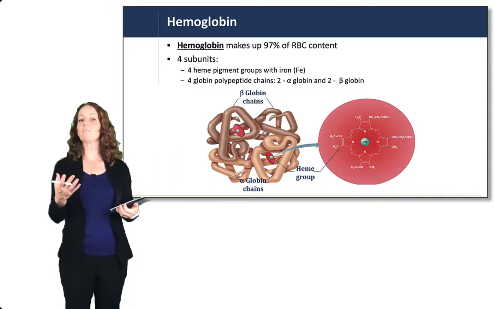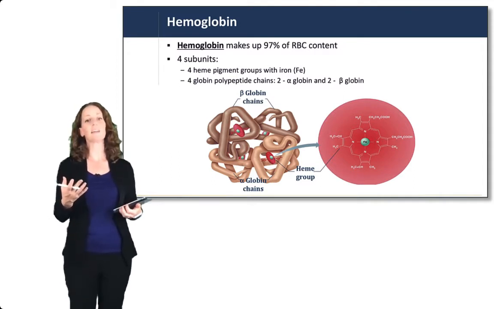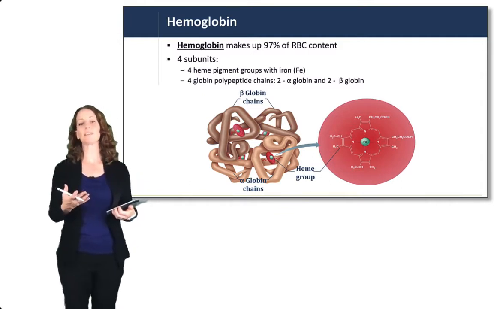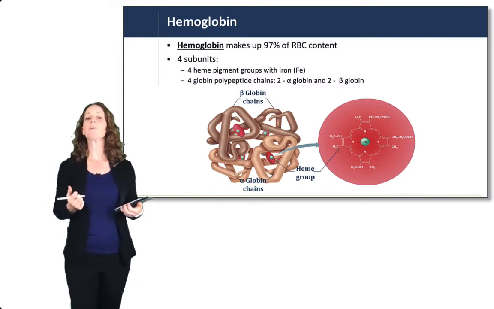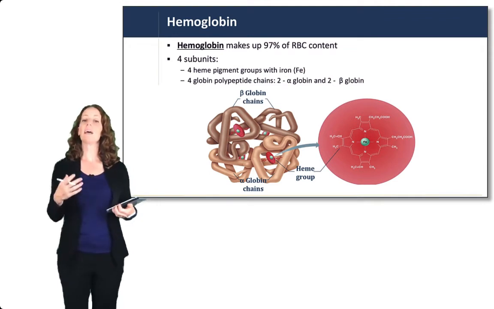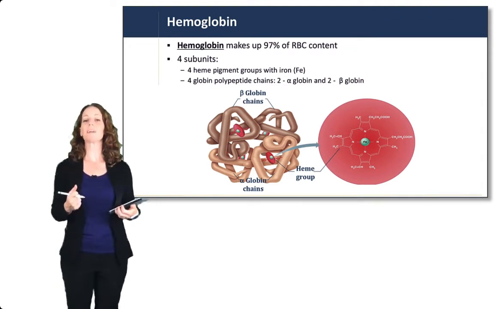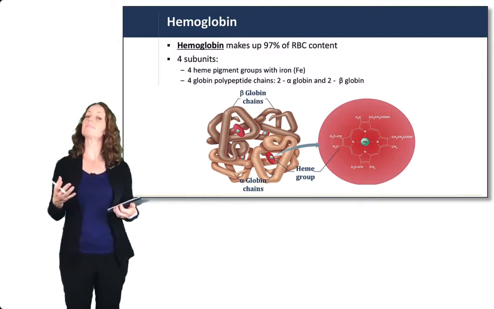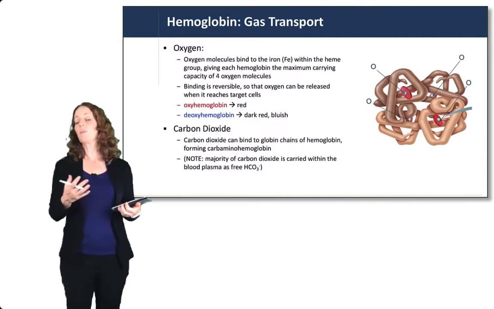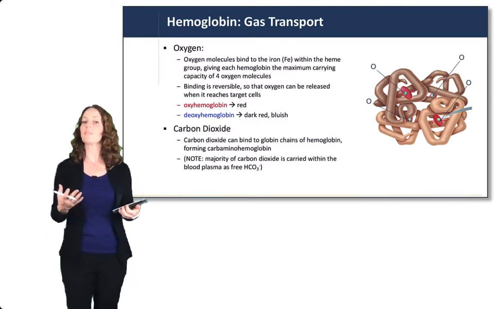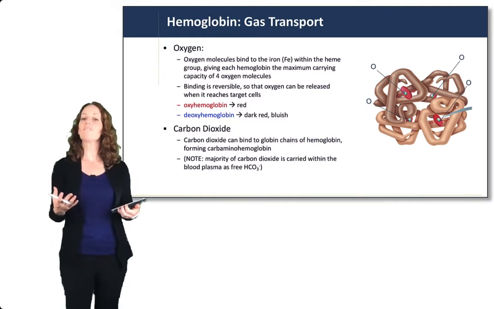For oxygen, the majority of oxygen is carried on hemoglobin. Hemoglobin makes up 97% of the content of the red blood cells. It has a 4 subunit structure with 4 heme groups containing iron and 4 globin polypeptide chains. In adults, that's 2 alpha globins and 2 beta globins in general. Oxygen molecules will bind to the iron within the heme group, giving each hemoglobin the maximum carrying capacity of 4